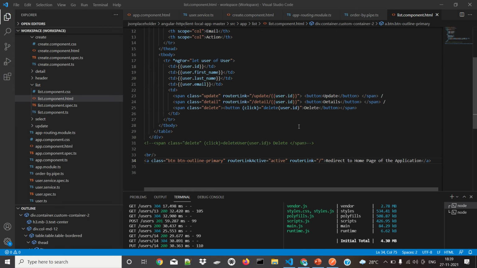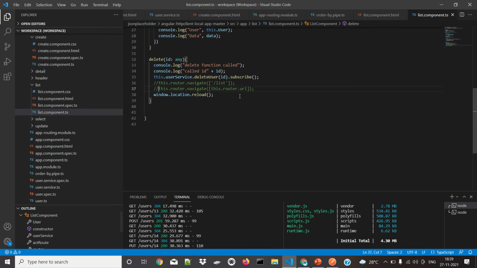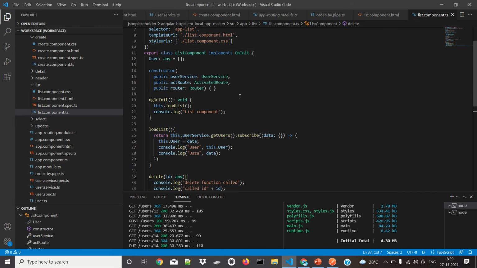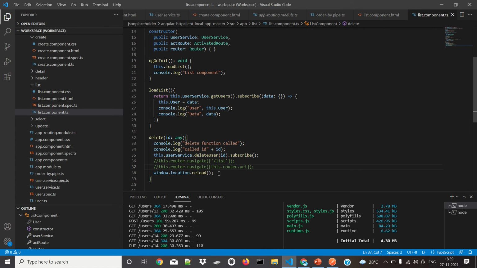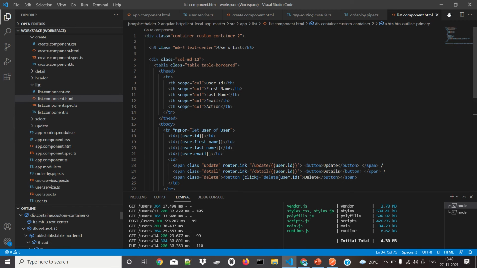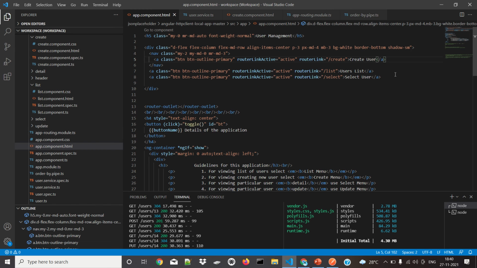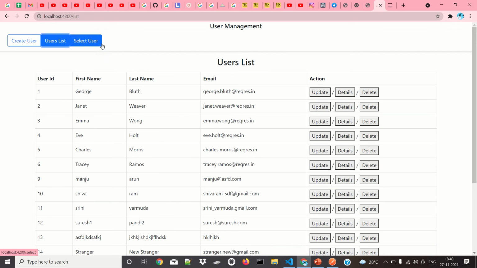Let's see the component use, other routing components and navigations. In carb.component.html, we have all the router links in the first page itself: create user, user list, and select user.